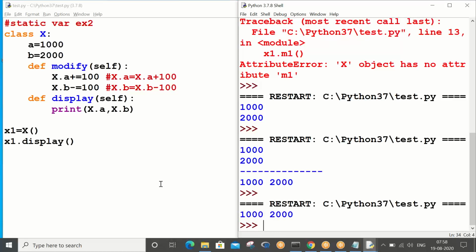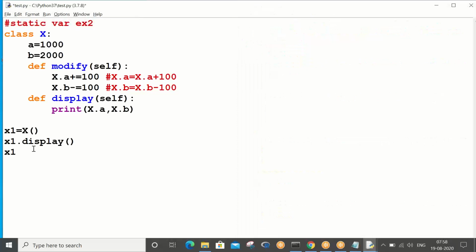By default, static variable memory allocation happens only once, at the time of your class execution. So now A and B are alive variables. That's the reason x1 dot display is displaying both A and B, right? Now here comes the story. X1 dot modify.